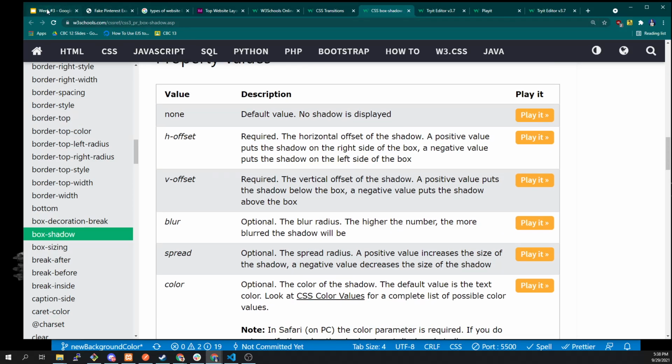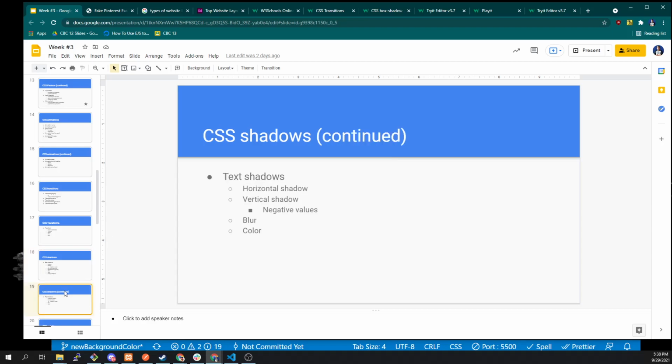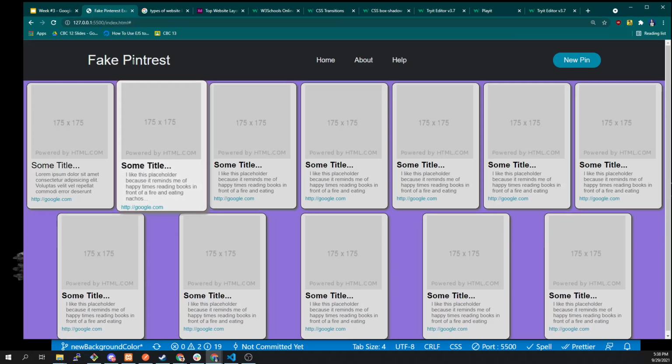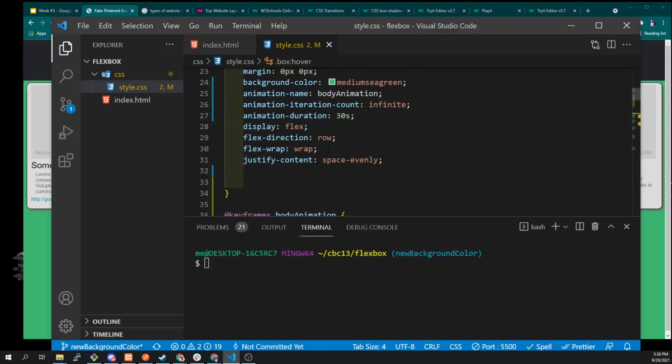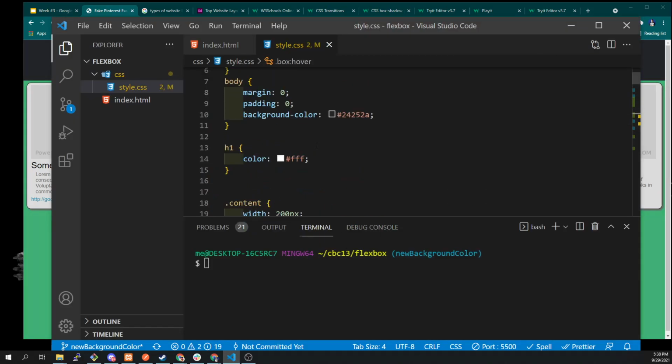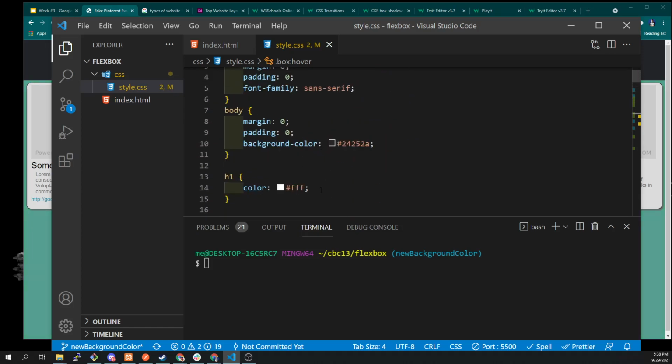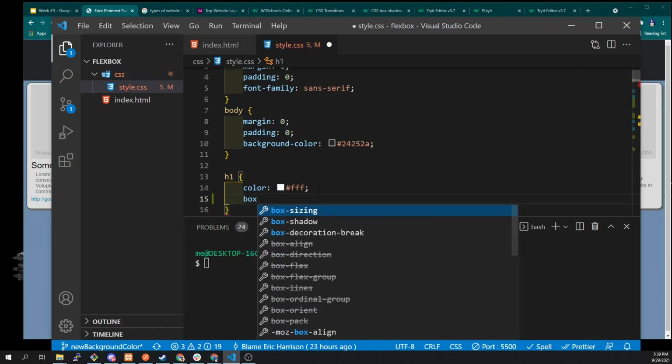The next thing we're going to take a look at is text shadows, right? Let's use this page as an example. I've got this word up here, fake Pinterest. This is my H1. If I was to come into my header, where's H1? Is that our header one? Yeah, probably. So if I wanted a shadow here, I would